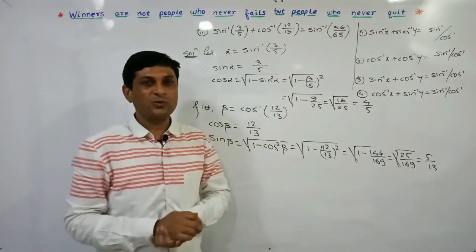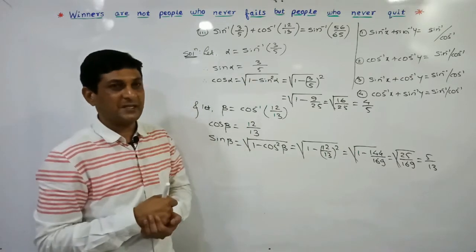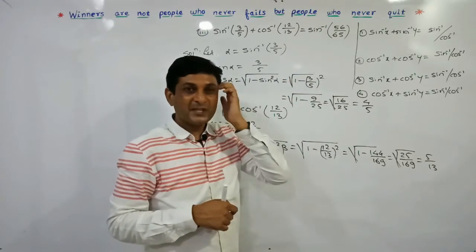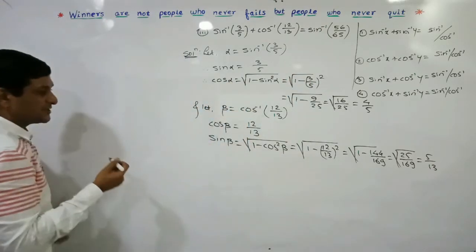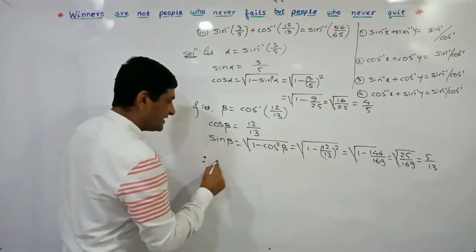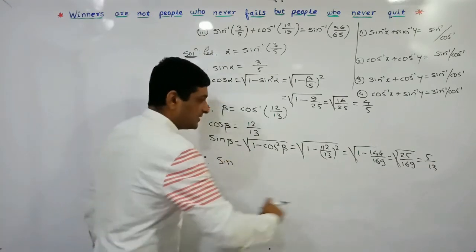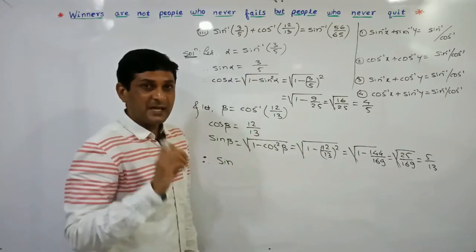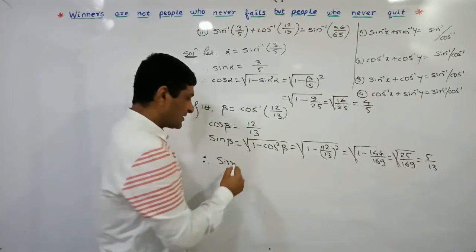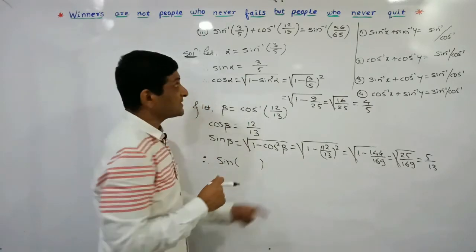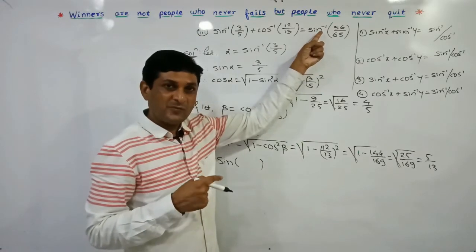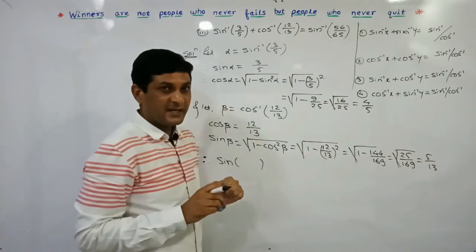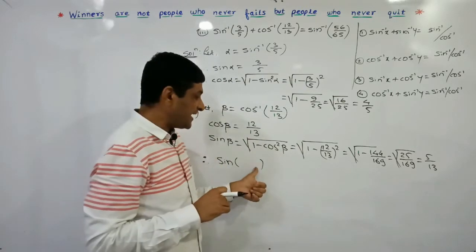Once these values are known to us, now observe our required result. What is our required result? Required result is in terms of sin inverse. If the result is in terms of sin inverse, then consider sin here, because sin on this side will become sin inverse, or sin can be eliminated by simply taking sin inverse on both sides. Okay, we have taken sin. Why have we taken sin here? Because the right hand side is in terms of sin inverse. अगर ये right hand side cos inverse में है तो यहाँ पे हम क्या लेंगे? cos लेंगे, getting it? अब ये ब्रैकेट में क्या लेना है?